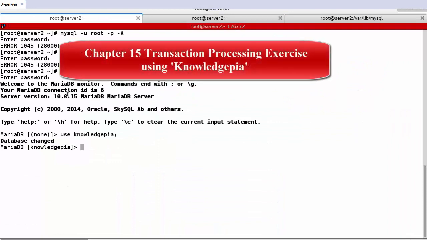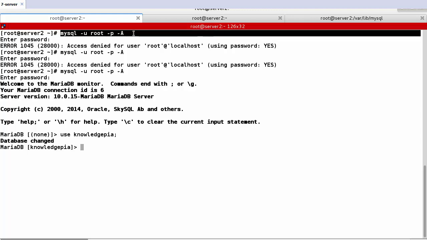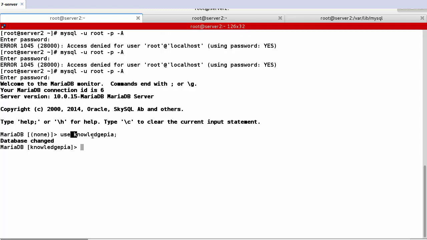Okay, now let's test transaction processing, how to import and export data, and how to set up character set and collation. For this purpose, I have already logged in using username root and the password, and after that I choose this database, knowledge_pr. So using this database, let's try to test these topics. First one,